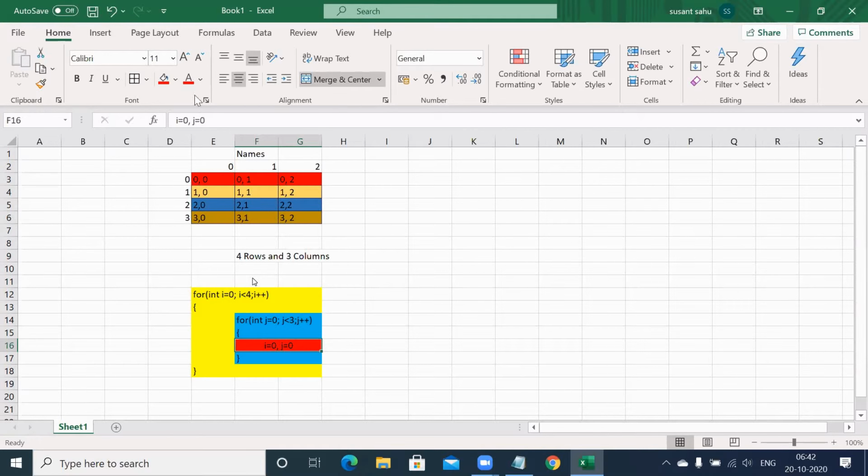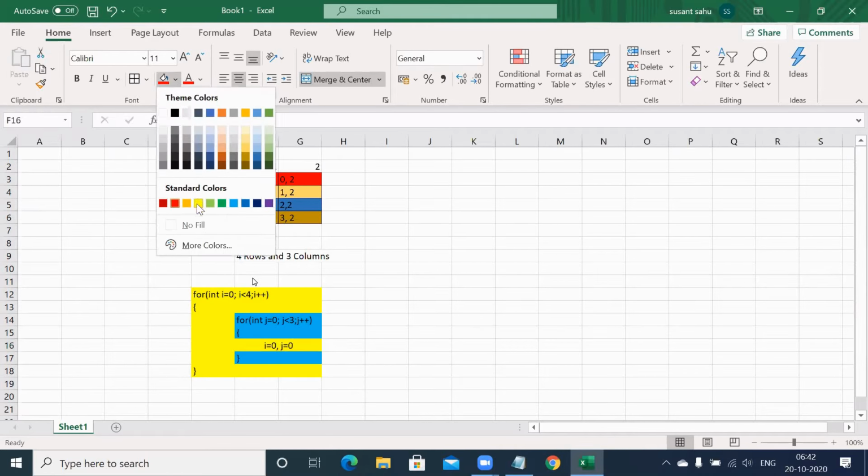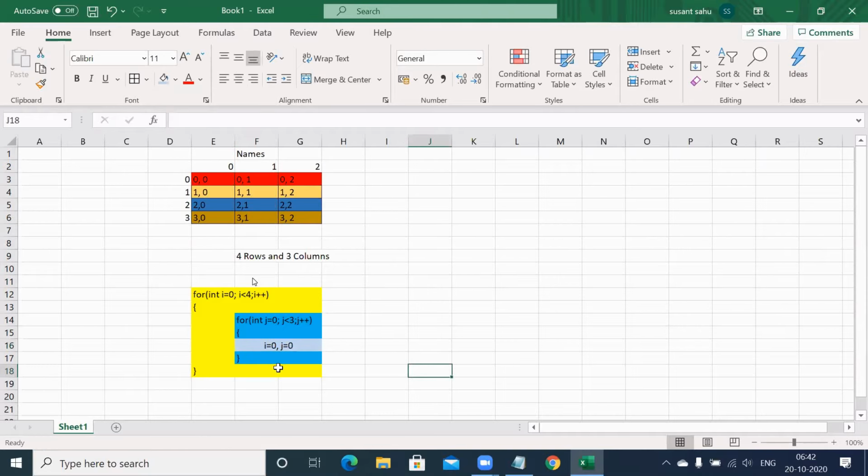Let me give a little lighter color so that you can see that value also. Suppose this is the one. I is 0 and J is 0 when the loop is executed the first time from top to bottom like this. So if I is 0 and J is 0, and I say I comma J is my current address of the cell, then it will indicate 0 comma 0. That means 0th row and 0th column.